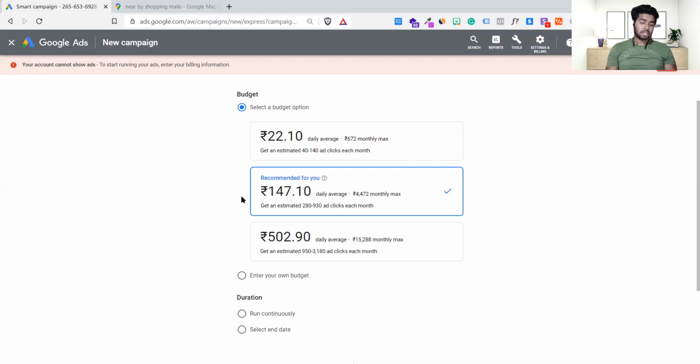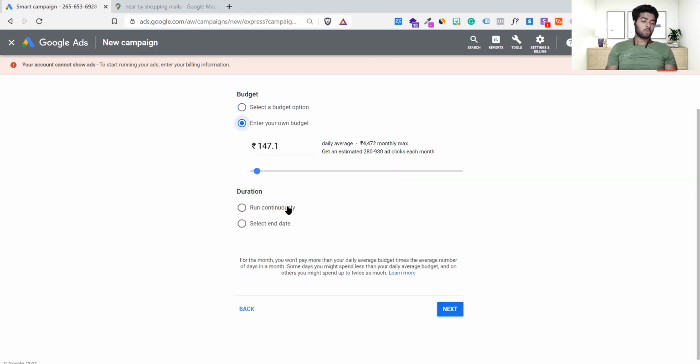Google is saying that for this particular keyword, whatever the bids are, 147 rupees is recommended for you. You can give it. Or if you don't want to listen, if you are working in an agency where you have to do branding and stuff, here is the thing for you. You have this option, just increase like this. Say you have 20,000 rupees a day, you can spend it, something like that. So you can start stretching out like this.